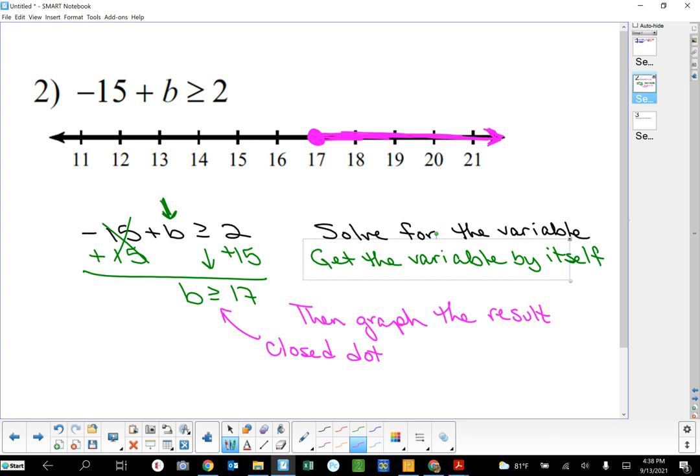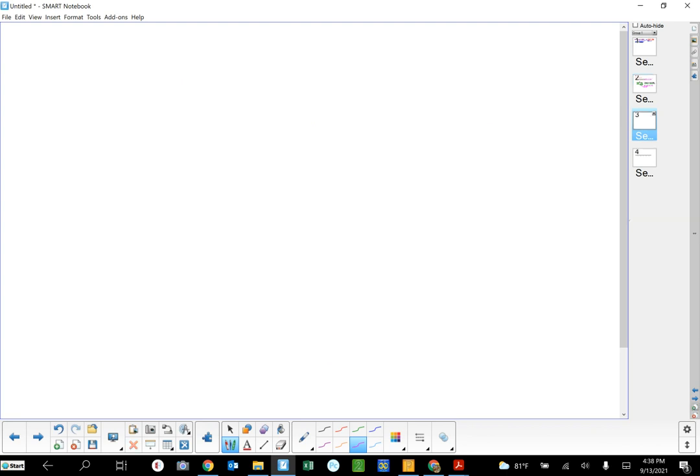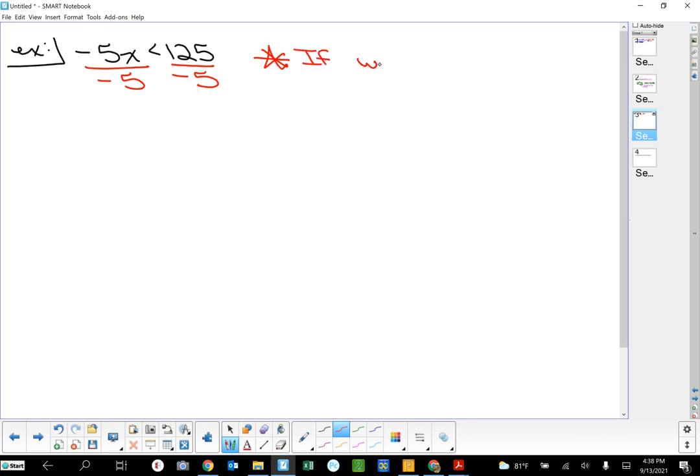All right, I'm going to add a screen and an example problem. And this one looks like negative 5x is less than 125. Well, if that was an equal sign in there, all we would do here is divide this by a negative 5, right, to solve this. But here's where some alarm bells in your head need to go off. If we divide by a negative, or multiply actually,